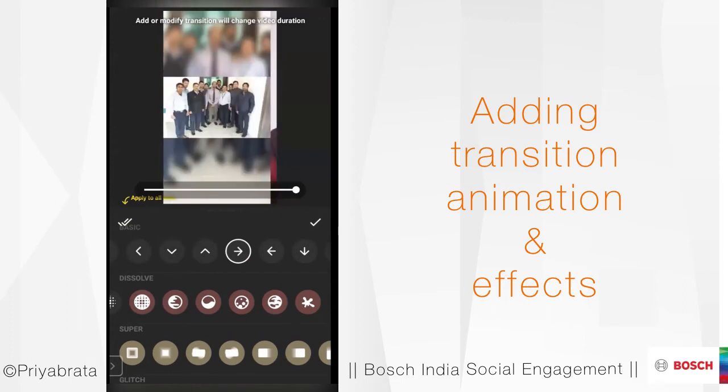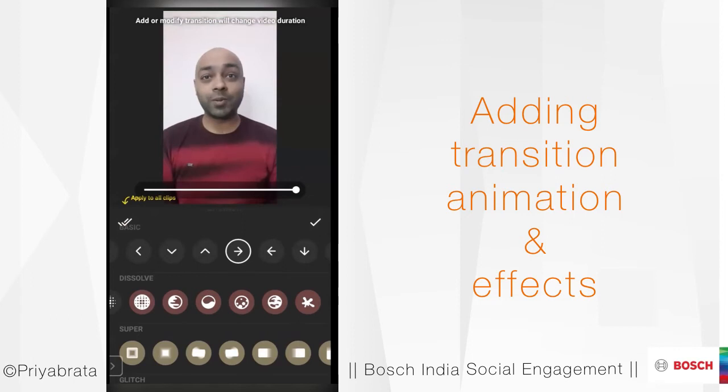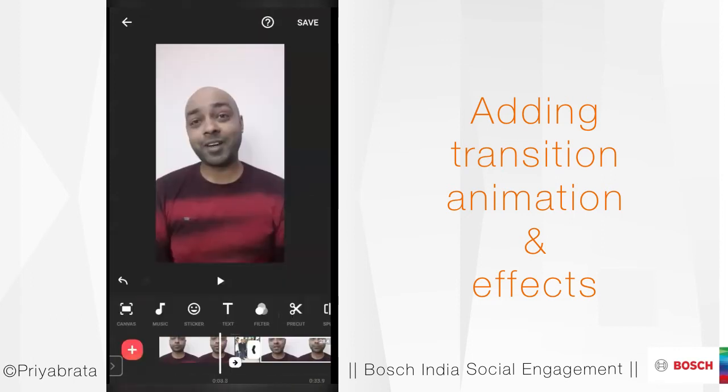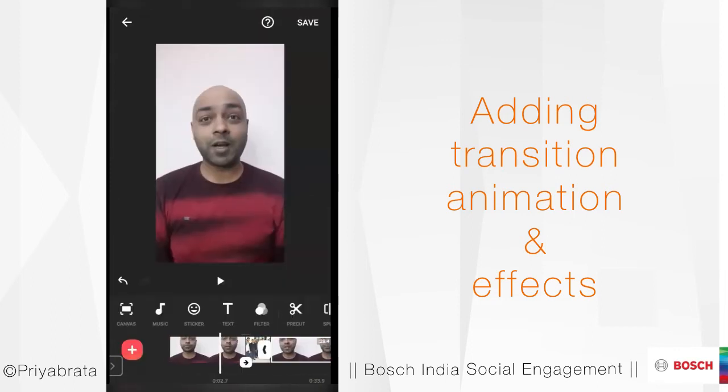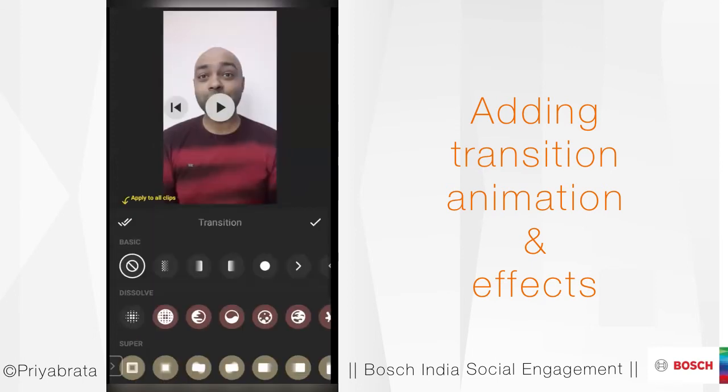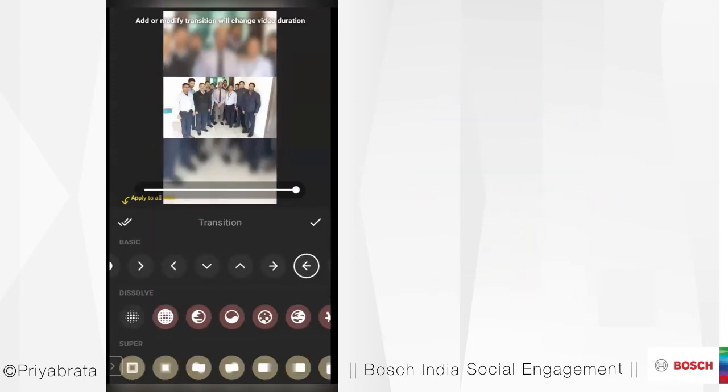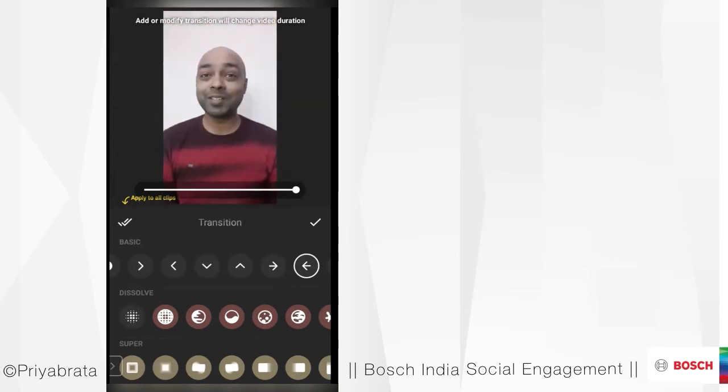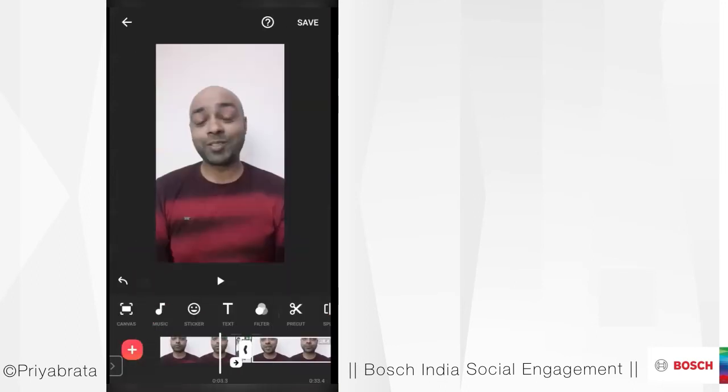Now I wanted it to come in like this, and to go out also like that, similarly, to go out this way. So now if I play the video, see how it is going to transition.